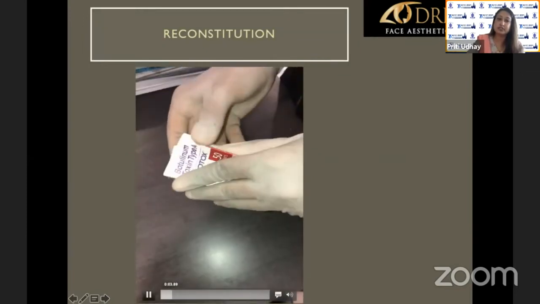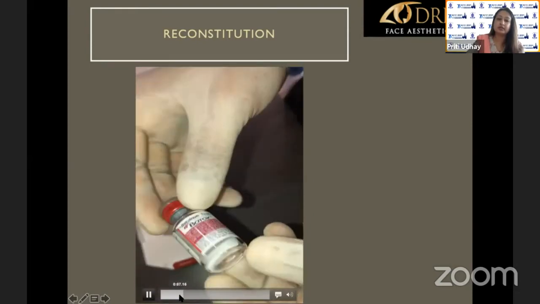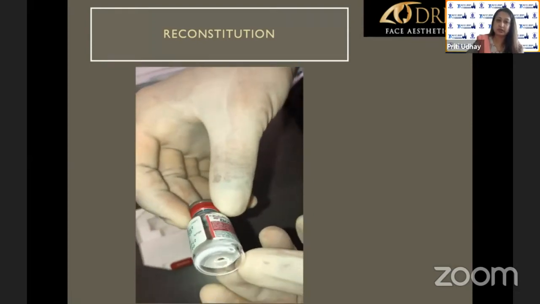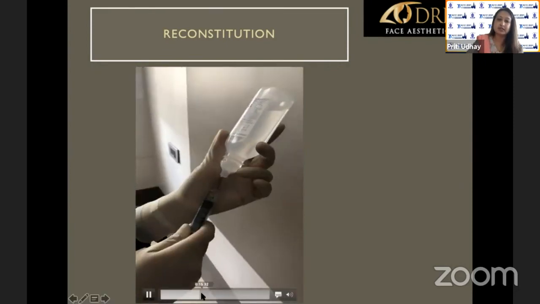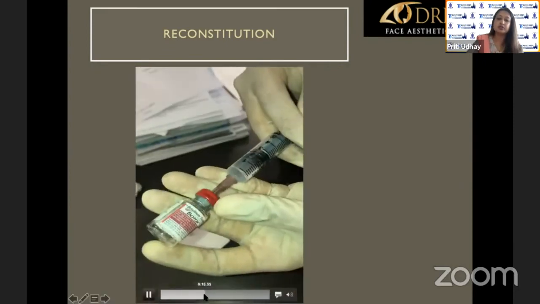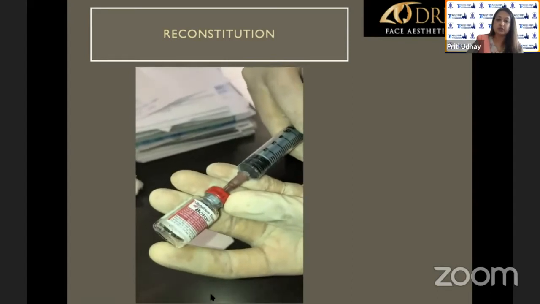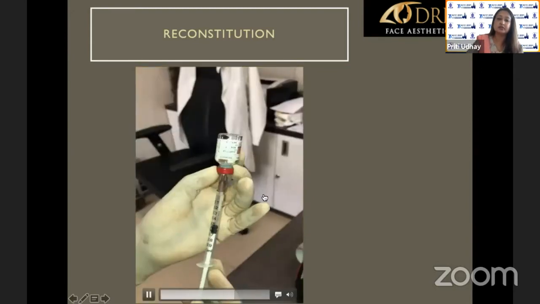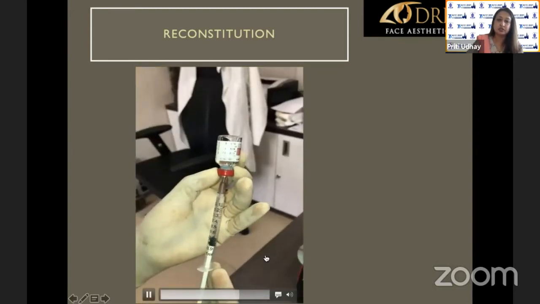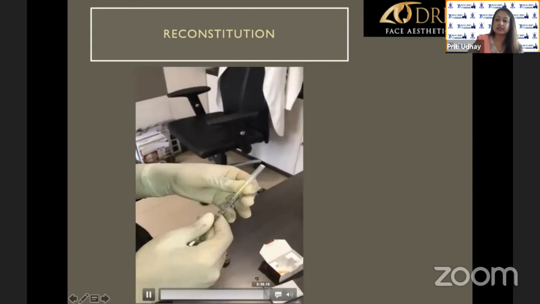This is the Allergan 50-unit Botox vial. When you open the vial, you will see the vacuum-dried product, a very small amount of product at the base of the vial. And then I'm injecting 2 ml of normal saline. Make sure that you don't create too much swirling or too many bubbles, because the molecule is very delicate. And then gently turn it and you will find a clear colorless solution. You take it in a 1 cc tuberculin syringe, and I like to use a 30 gauge needle for the injections.